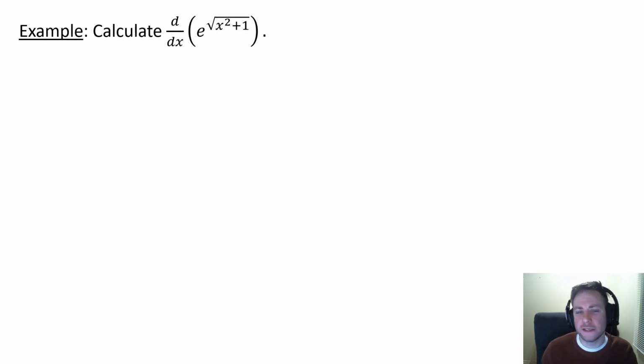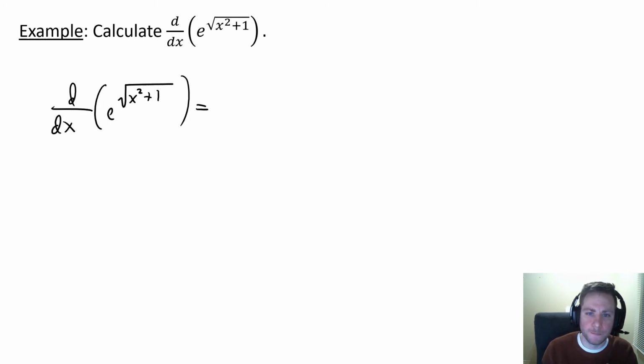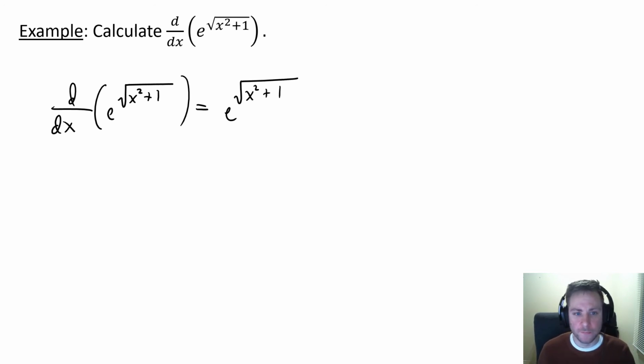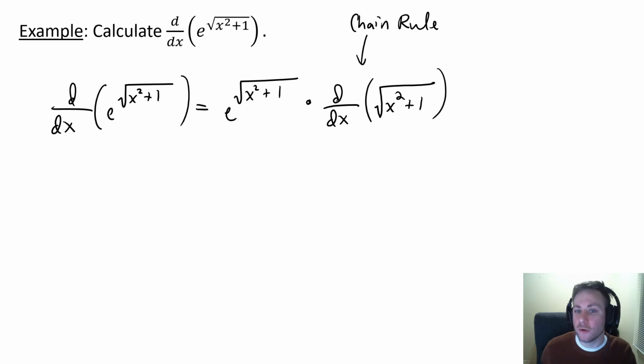Now let's see if we can calculate this derivative. Pause and try it for yourself, and when you're ready, let's look at the answer. First, notice we're taking the derivative of e to the power of something. We know the derivative of e to the x is just e to the x, so the derivative of e to the something will be e to the something,